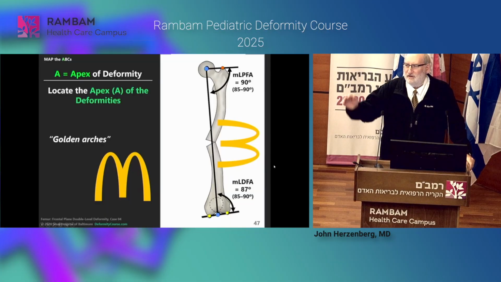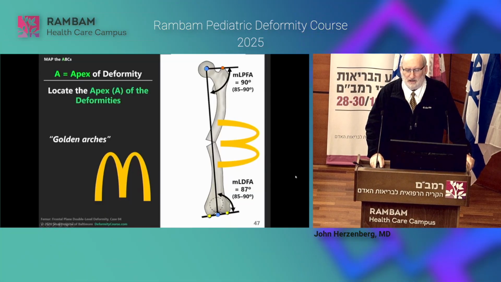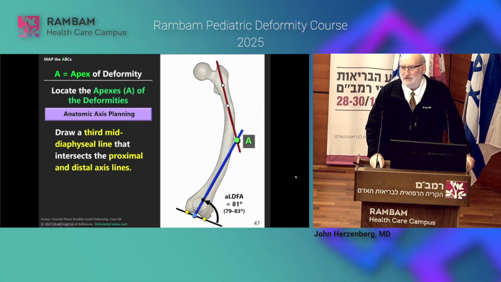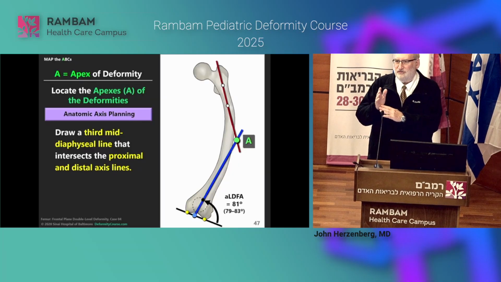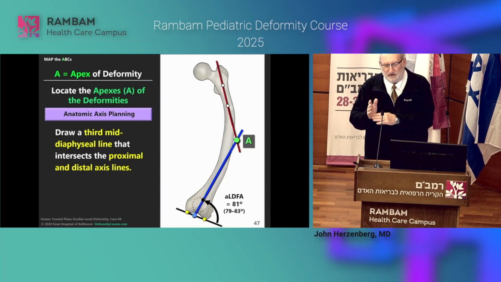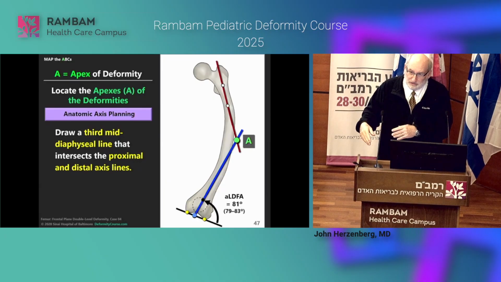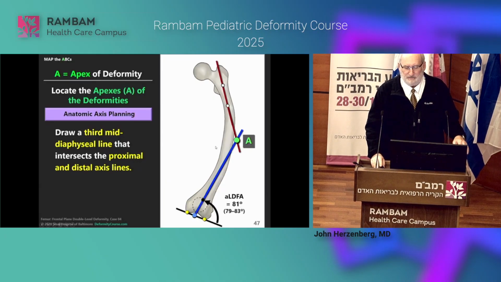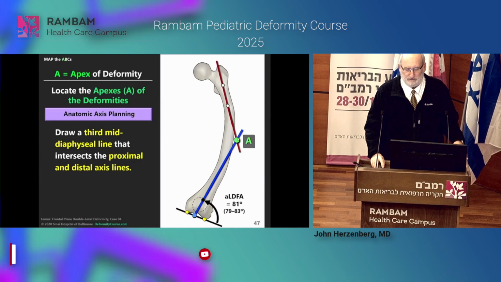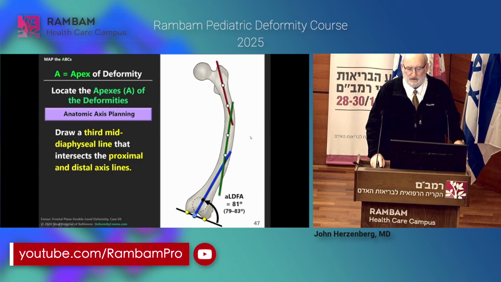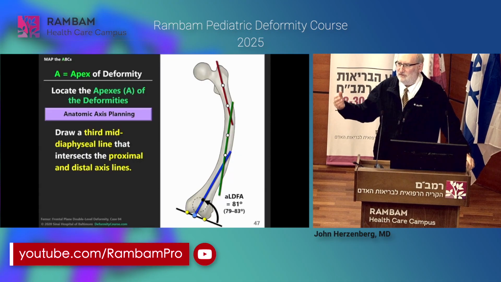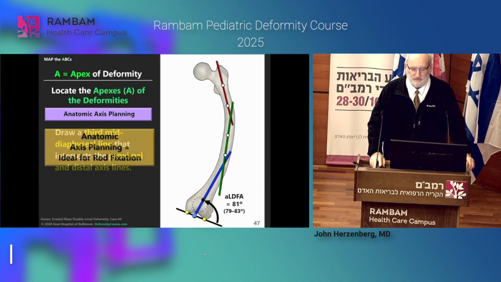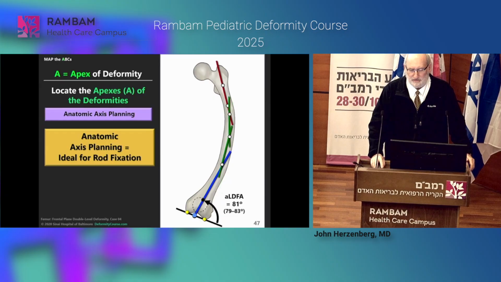What we're missing is that in the curve you can break it down to two or sometimes more deformities. So if we go back to this line where we have our intersection of the proximal and distal line that's outside the bone, we can add a third line that'll be a mid-diaphyseal line somewhere here. And now we have two apices. We have a proximal apex and we have a distal apex. And so you can measure what the magnitude is of each of them.